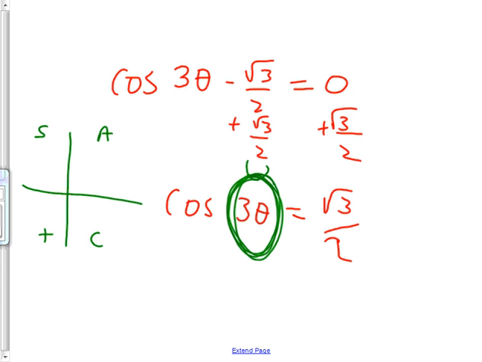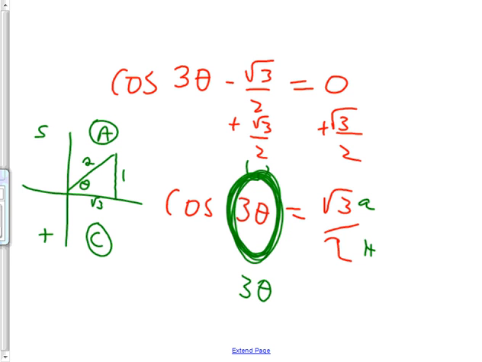This is cosine being positive, so it's here, or cosine is also positive here, and so it's like this. Then this angle U, or whatever that angle is, has got to be, let's see, cosine is adjacent over hypotenuse, so the adjacent side here would be root 3, and the hypotenuse would be 2, and that would mean that this side here would have to be 1, and then I know that I'm dealing with a 30-degree angle. So what I just figured out is that this whole thing here needs to be 30. So what am I saying? I'm saying 3 theta has to equal